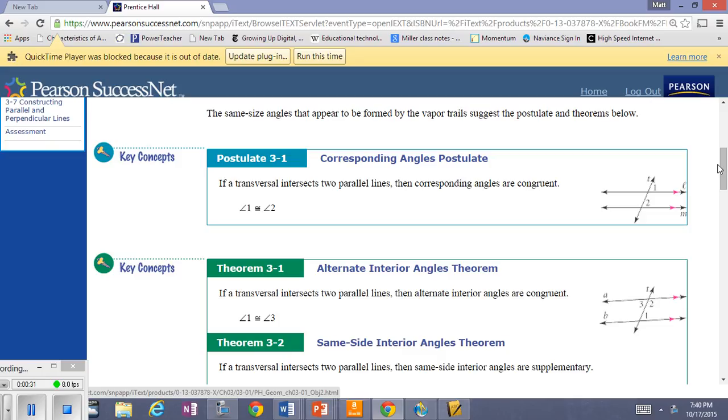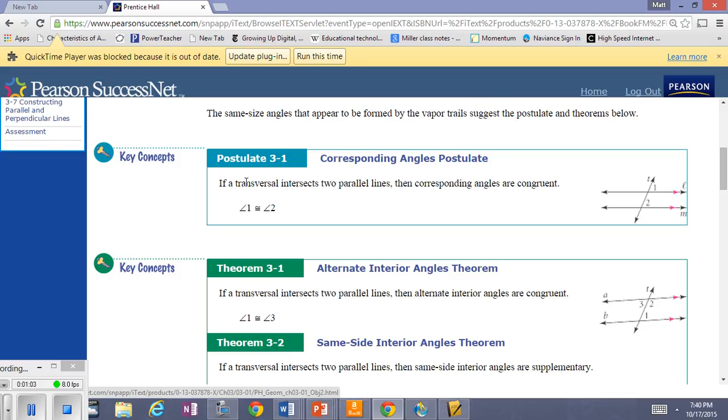We've looked at them, talked about the corresponding angles. This is a postulate, the postulate 3.1. A postulate is accepted as true without proof, okay? And I want you to look closely at how the postulates are worded because they are written as conditional statements, if-then statements. And so in the next section, we're going to look at their converses